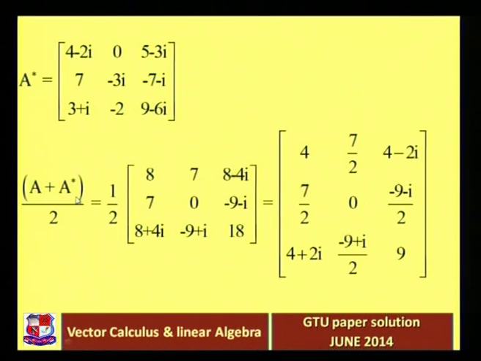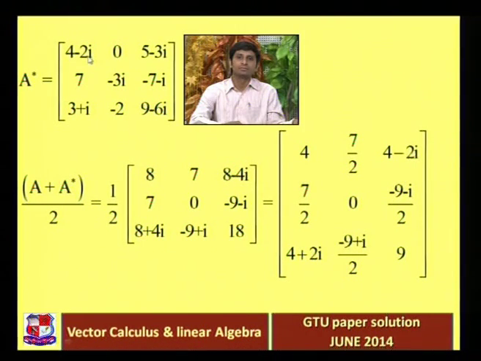Now we write here A plus A star divided by 2, right? Now what is A plus A star? You can see, what is in A, we have 4 plus 2i, right? And this is 4 minus 2i. So when we add